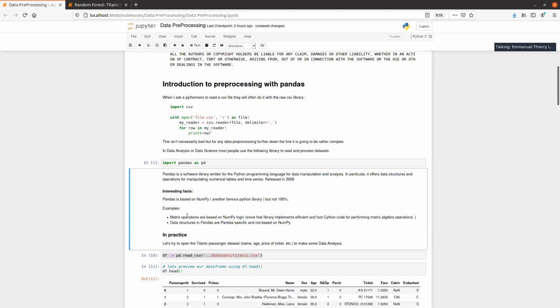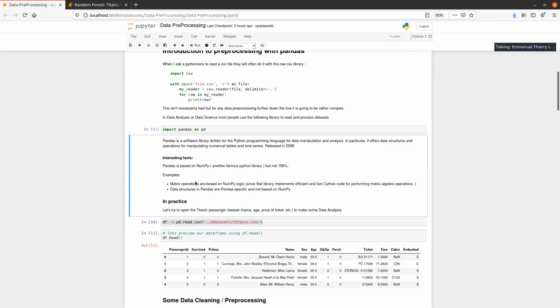Matrix operations are based on NumPy logic, since NumPy is already very efficient and uses really fast C code to perform such calculations, but all the data structures in Pandas are really Pandas specific.